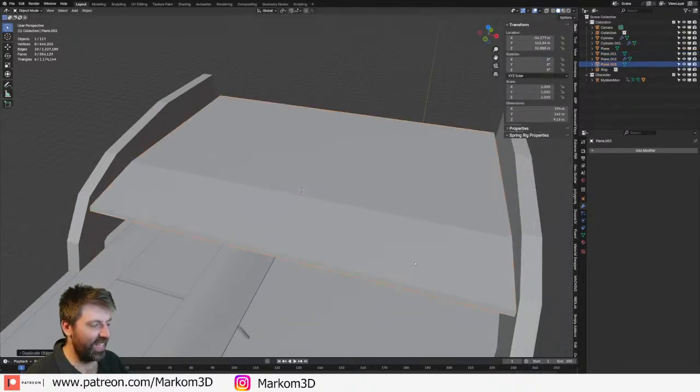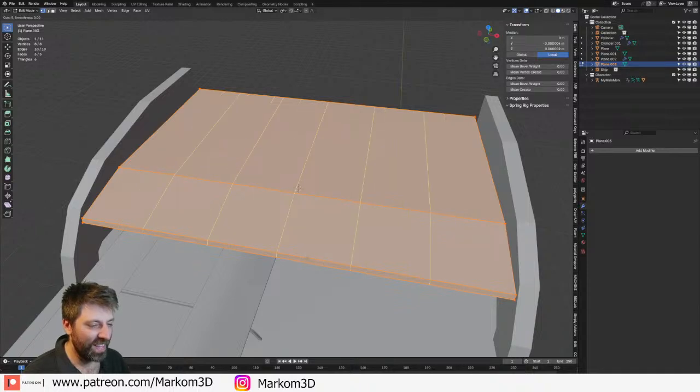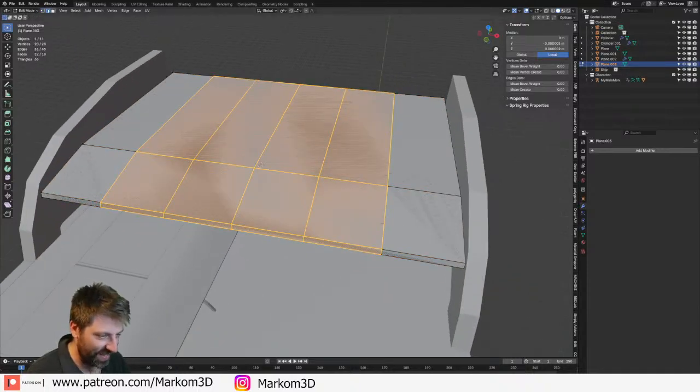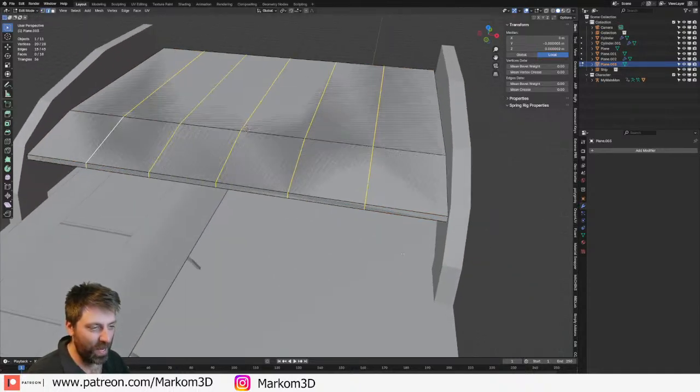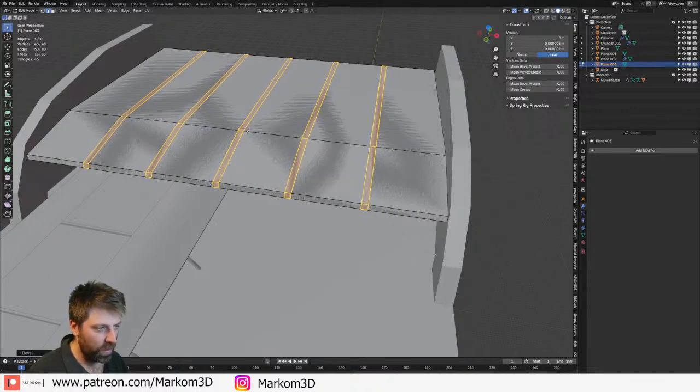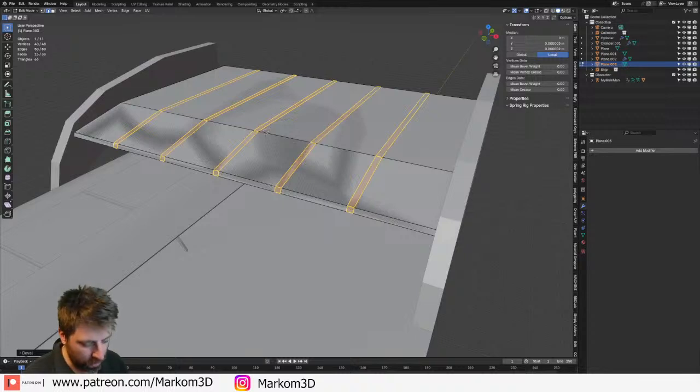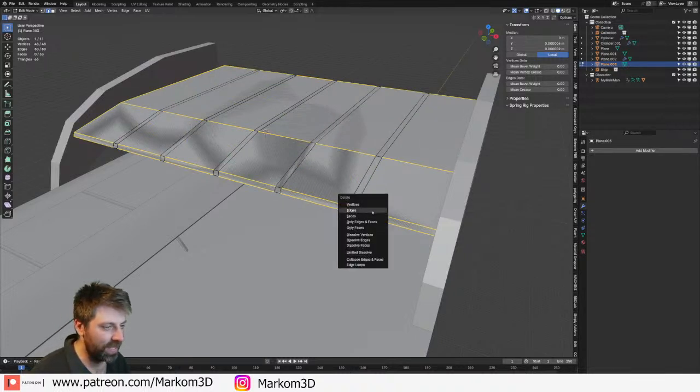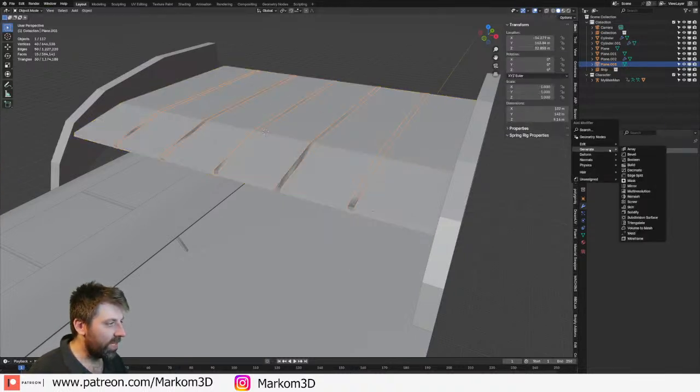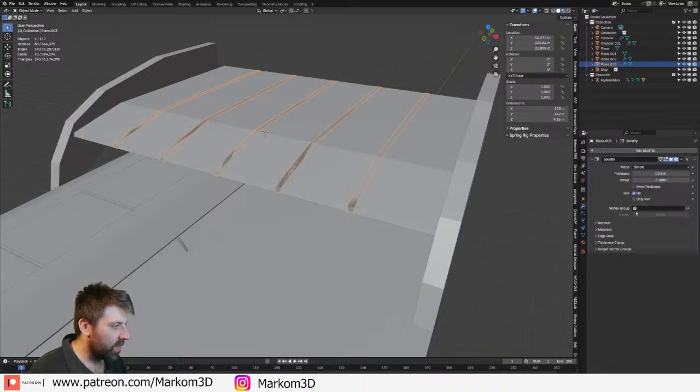Alright. Shift D. That just tells you how many add-ons I have. Let's grab all these. Control B to do a bevel. And from here, we're going to do Control I to do an inset, delete edges. With that selected, let's go into generate solidifier, even thickness.